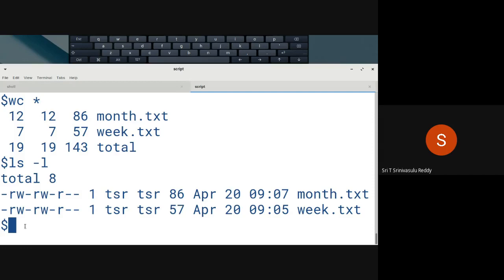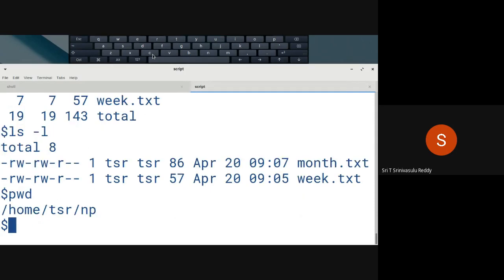So like this, word count will help you to analyze how many lines are there, how many words are there, and all that. So for example, you want to know the word count of the message file we have stored, which is there in the previous folder. Right now we are in the network programming folder, NP folder. So when you use dot dot, it goes to the parent directory of the current directory.